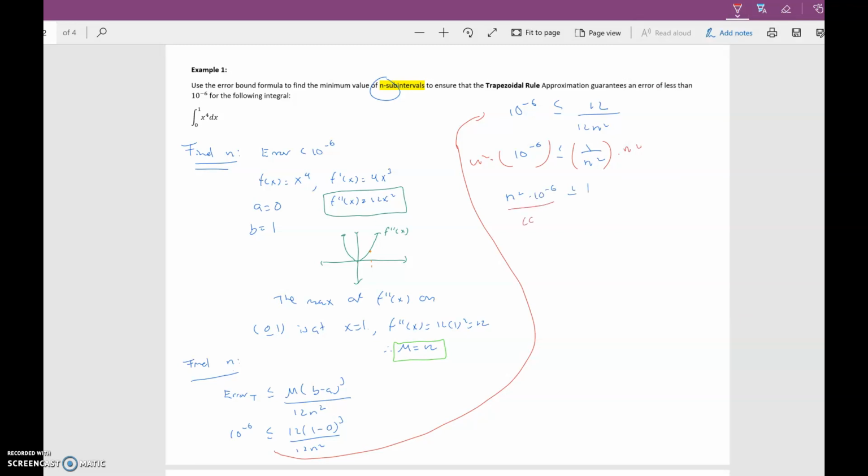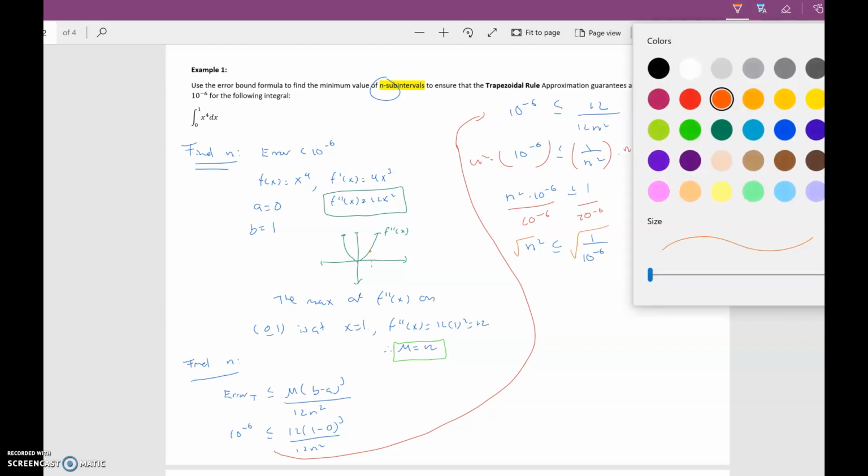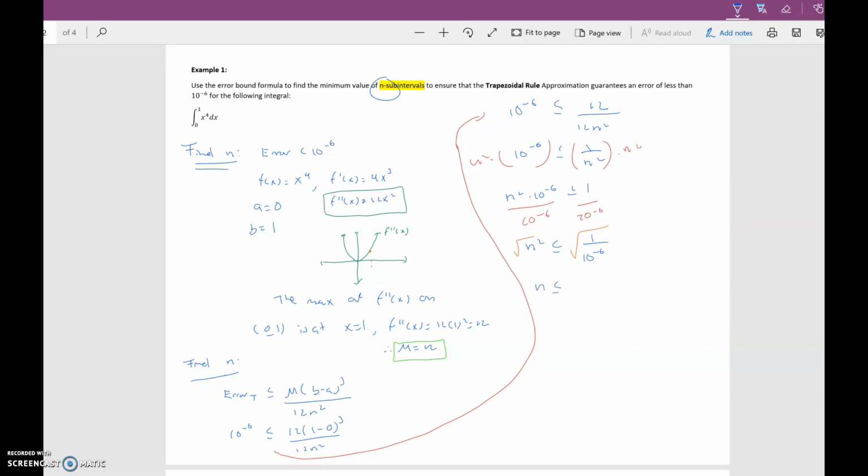Let me divide by 10 to the negative 6. You end up with n squared is less than or equal to 1 over 10 to the negative 6. Then let me take the square root. So n is less than or equal to the square root of 1 over 10 to the negative 6. Let me evaluate this. Okay, so n is